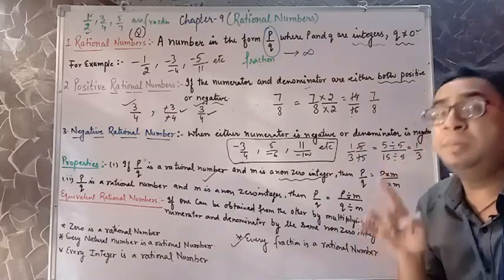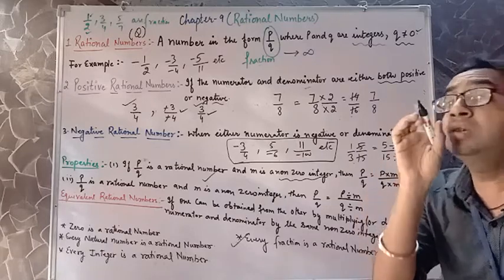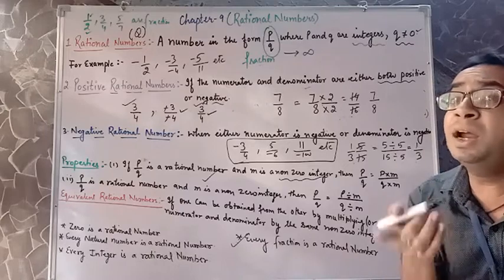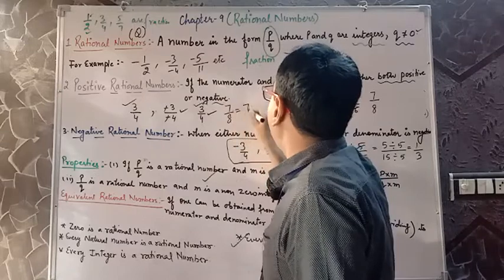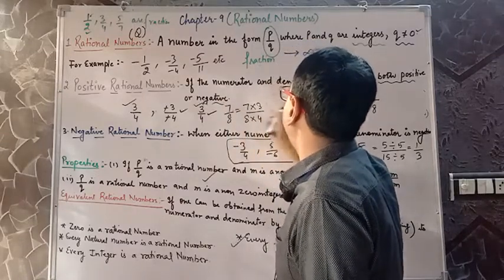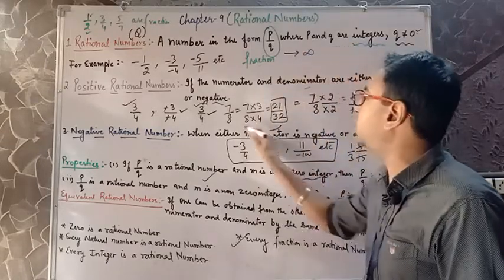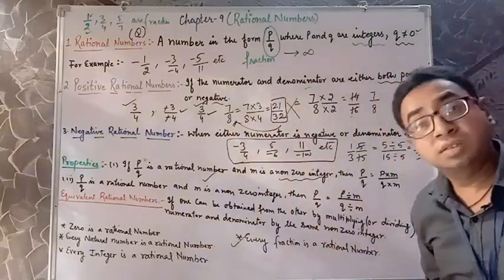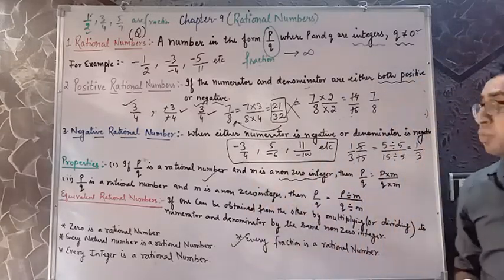Hence, if you multiply or divide a rational number, meaning numerator and denominator, with the same non-zero number, you'll be getting the same result back. But if you multiply or divide with another number, you will not get it. Let me again take an example. 7 by 8. I am multiplying the numerator with 3 and the denominator with 4. What will happen? 21 by 32. Are you able to cut them? Are you able to reduce them to 7 by 8 form? No. Hence the result does not hold. Are we clear? That is why these two properties are very, very important indeed.